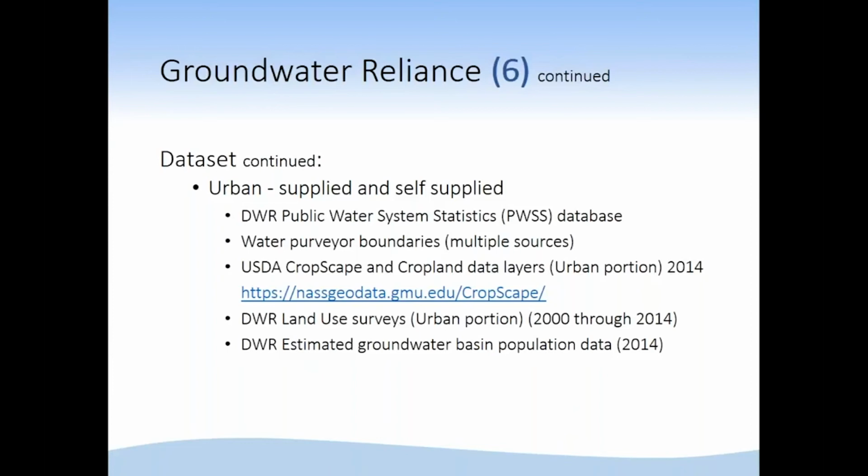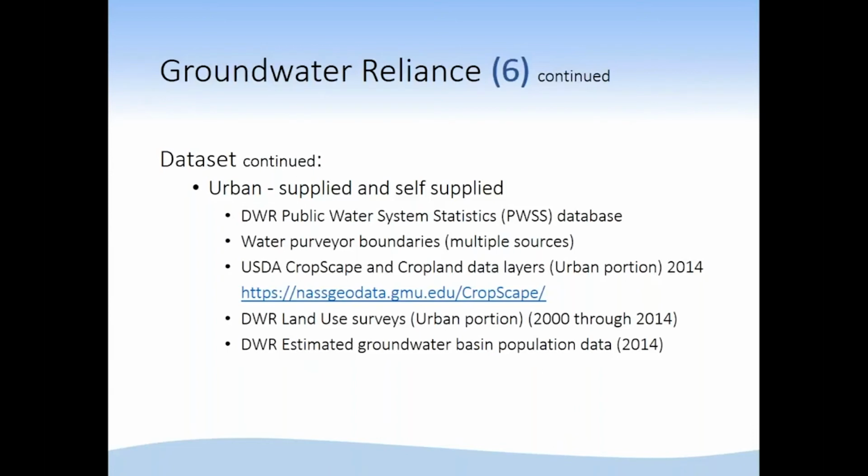All the purveyors are required to produce annual reports that have a lot of different pieces of data that they're required to report. We generally just pull the water-related information, at least for what I use it for. And it sits in a database that we use here. We also do some quality assurance and quality control on that data to fix a few things that are actually not correct, like units. If it's supposed to be in acre-feet and somebody supplies gallons, we do a lot of the conversion to clean that up.